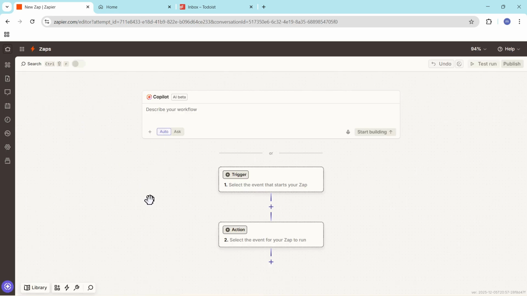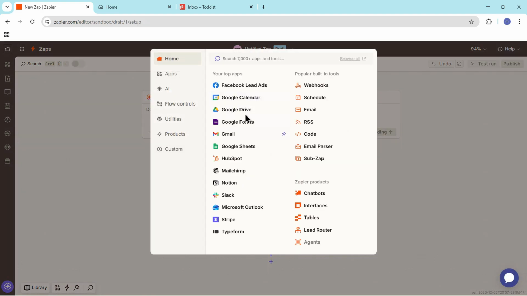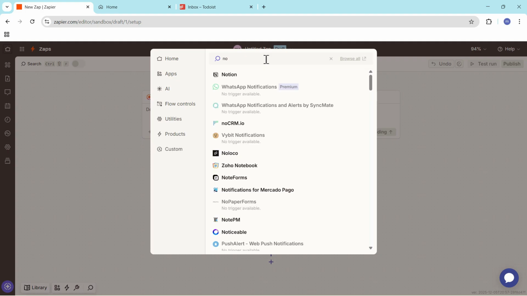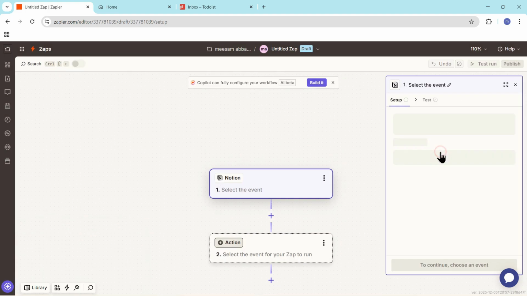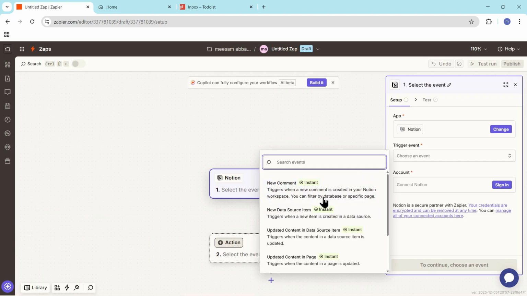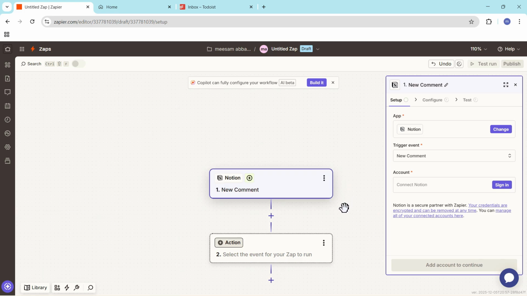Start by creating a new zap and choose Notion as the trigger app. Set the trigger event to detect when a new task is added in Notion. Once the trigger is set, choose Todoist as the action app. This means that whenever a new task is created in Notion, Todoist will automatically create a matching task in the